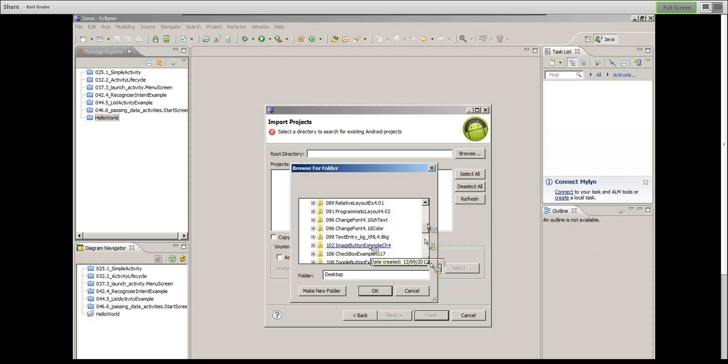Just go down a bit. Toggle button example, page 108. So we'll open that, and you'll see the various folders from that example from the book. We can click OK,